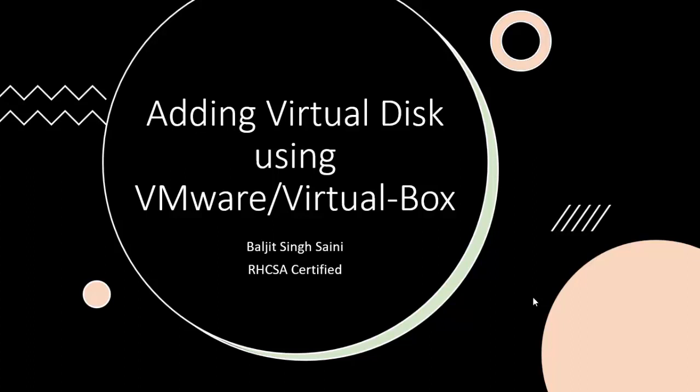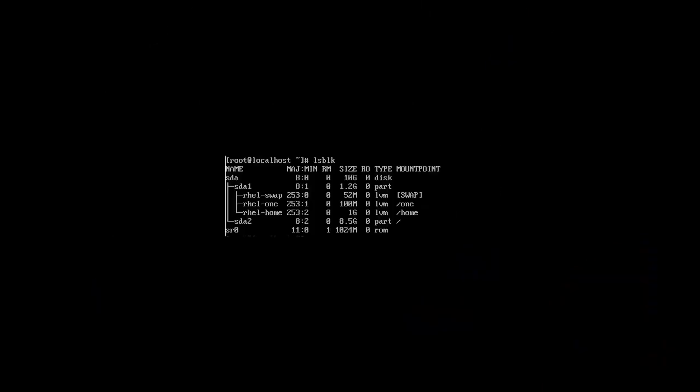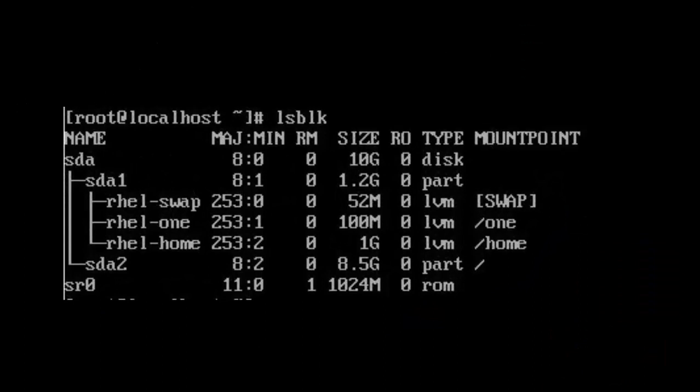Let's consider that you want to learn about creating disk partitioning. For that, you want to work on a free disk. So you use the lsblk command to view the list of all disks and partitions. You will see an output similar to the one that you can see on the screen. So there is no free disk to work with.